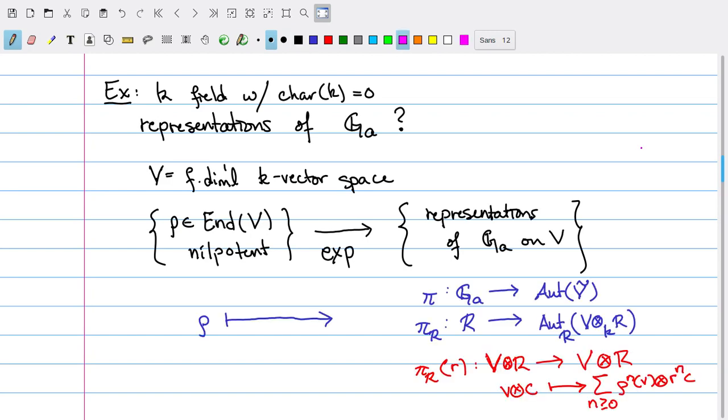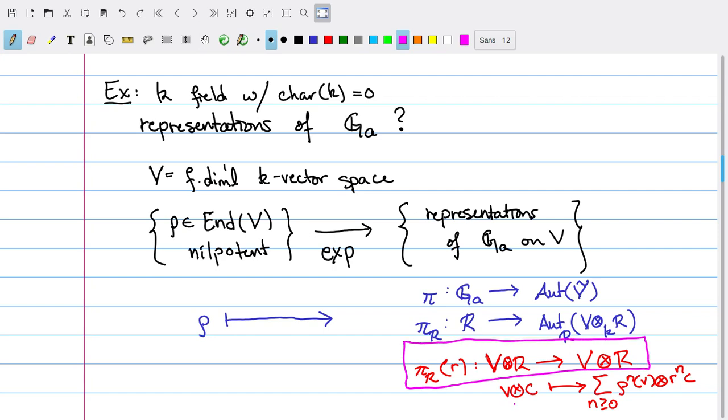It takes a nilpotent endomorphism ρ and sends it to the representation π, where here π must be some natural transformation from the additive group G_a into the automorphisms of V twiddle. So for any particular R, π_R has to be a group homomorphism between R and the R-automorphisms of V tensored over K with R. We do this by defining π_R of little r to be the map from V tensor R to V tensor R,